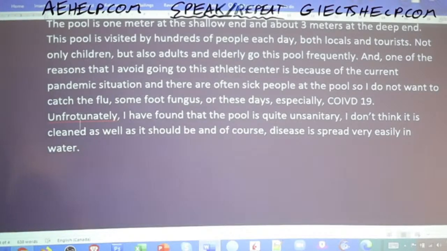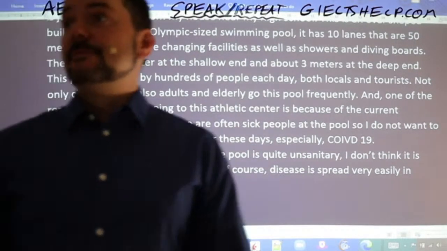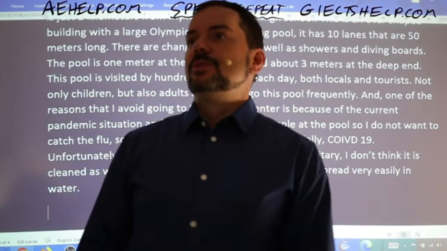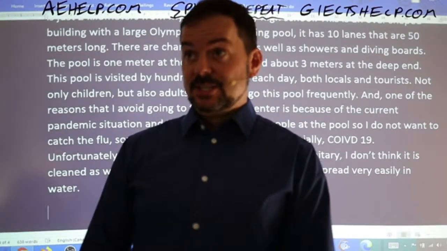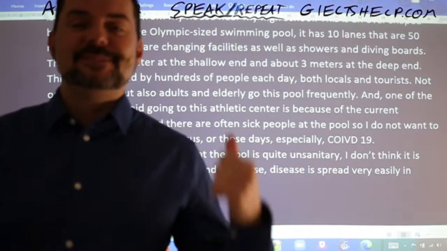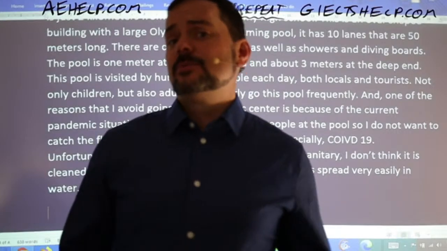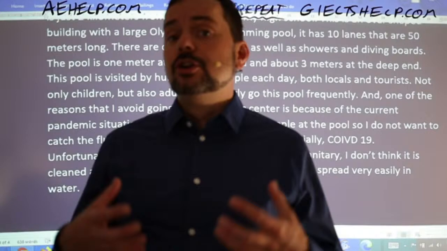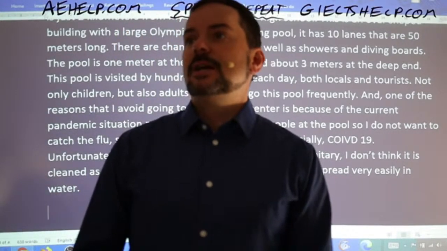All right, so here we're just moving along nicely. Let's see what our members have come up with so far. So we're building some fluency here. Deepika says it's an indoor pool on the 4th floor of the building. It's a small pool, about 20 meters long. There are changing facilities and showers. Okay, Deepika, your pool is a bit different than my pool, but that's okay as long as you have good description. The examiner doesn't really care about the specifics as long as it is good content, good description, good explanations.